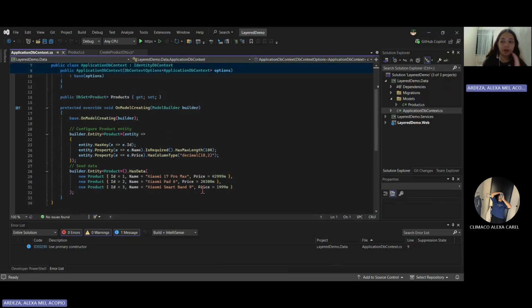So to summarize our data layer, it uses Entity Framework Core with identity integration. It contains all our database models and contexts.